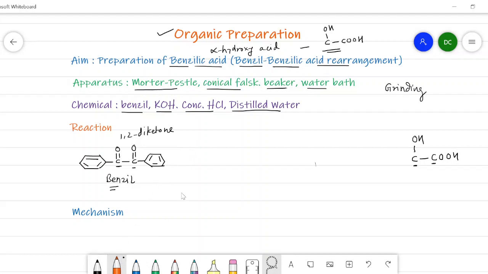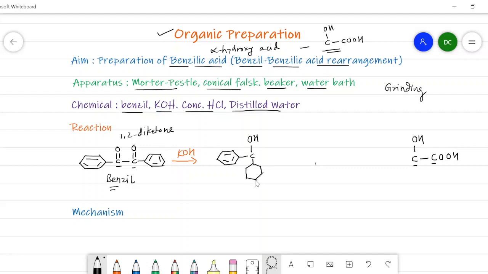Now in the reaction, when we treat benzil with KOH, there is a rearrangement of one of the benzene rings from one carbon to another, and there is a formation of a hydroxy group